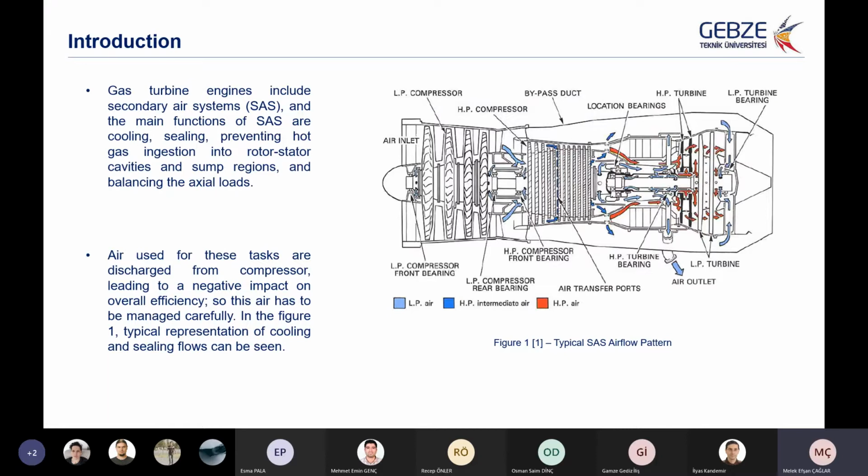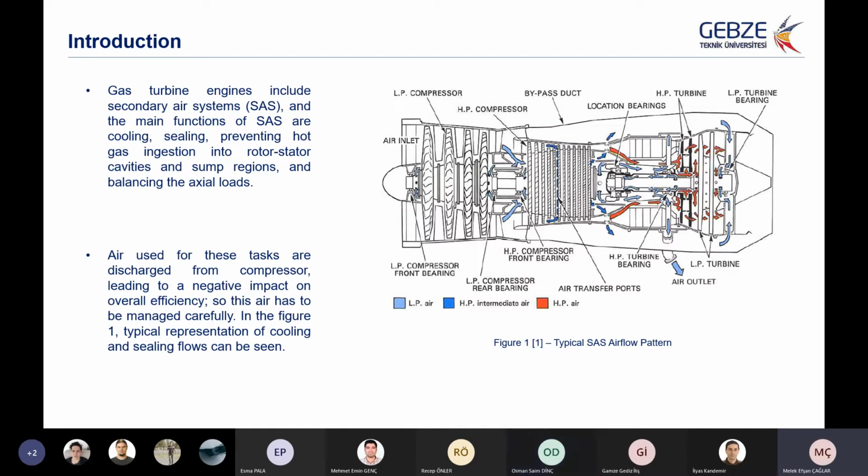To start with, I have to mention the secondary air systems, which is the air systems that gas turbine engines include. Its main functions are cooling, sealing, and balancing the axial loads. By means of sealing, we can say preventing the hot gas ingestion into rotor-stator cavities and bearing sump regions. And it also has anti-icing